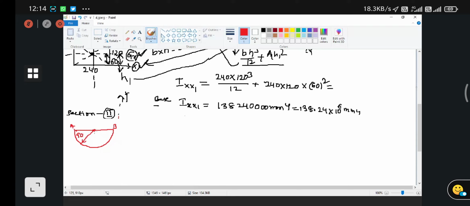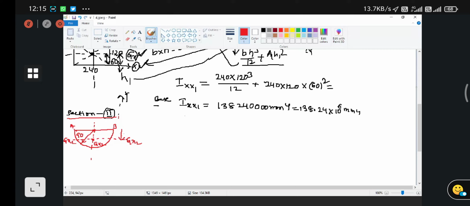So actually this is the centroid location. That is Gx2 now. Why is it 2? Because we are going to find it for section 2. So I will draw the central axis, Gx2. See here, this is the Gx2 central x-axis. This is also Gx2, the central axis for the second section.